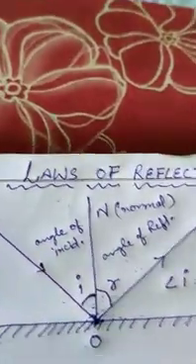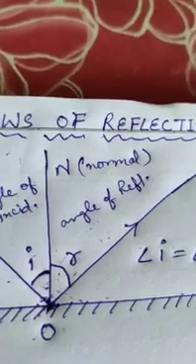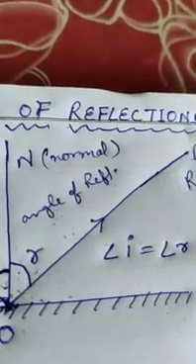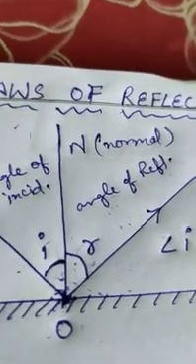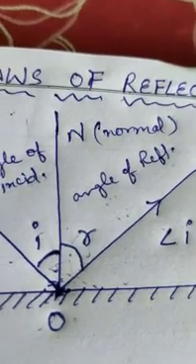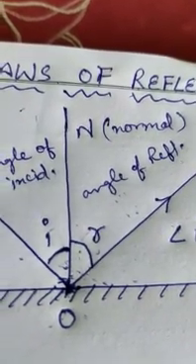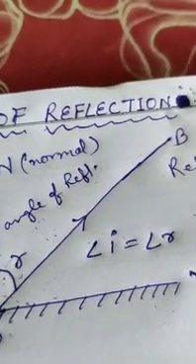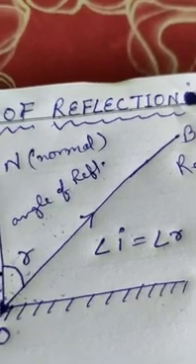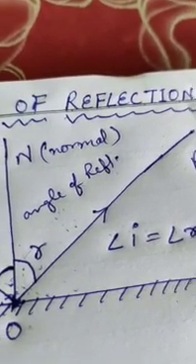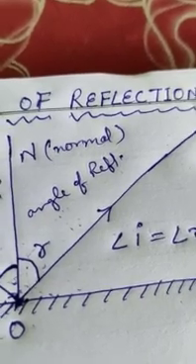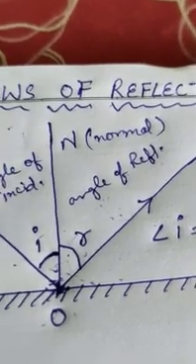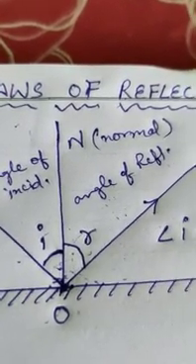Now this is only the laws of reflection. When light rays fall, the coming light is known as the incident ray, and it will reflect back; the bounced back light is known as the reflected ray. The ray of light which strikes a reflecting surface gets reflected back obeying certain laws. These laws are known as the laws of reflection.